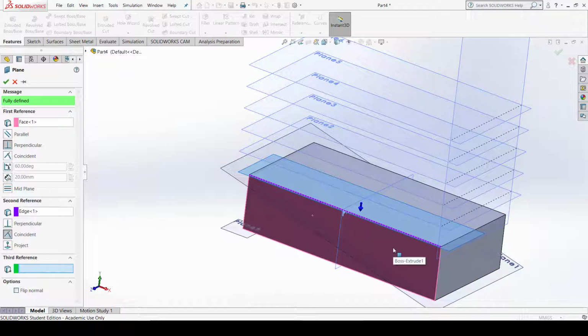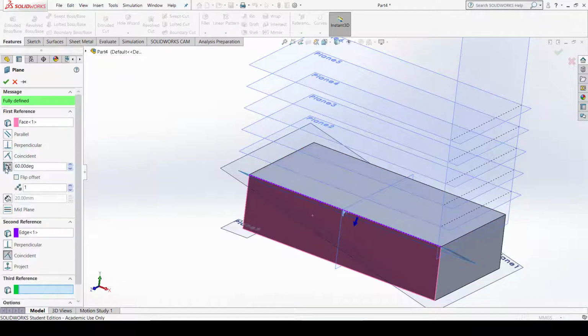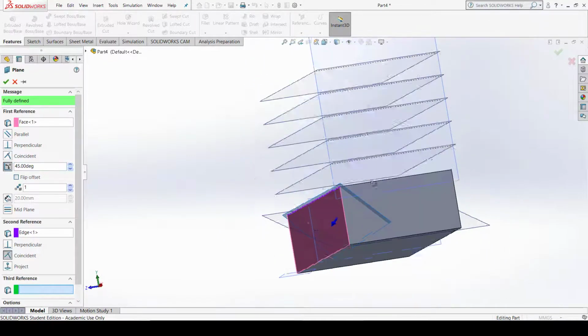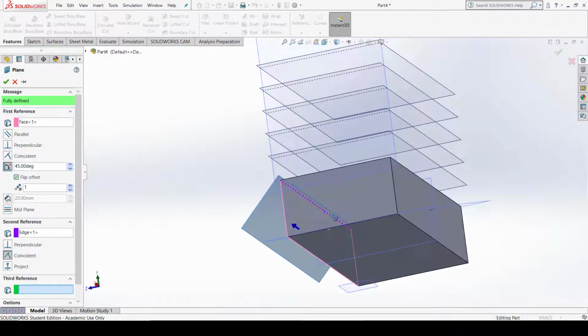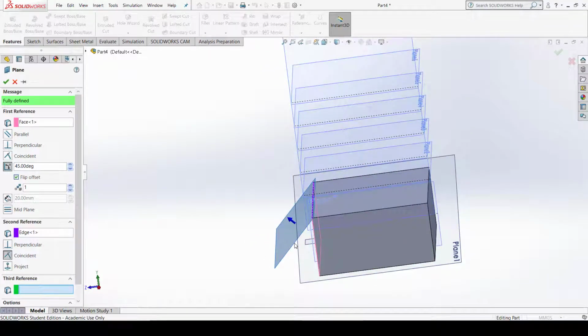When I select the surface and after that select the edge, the plane is created. Now if you want this plane at a certain angle, then just click this angle option here, and if you need it like 45 degree, just click 45 degree. Okay, and if you want it from outside, or in the upward direction, just flip offset here, and your plane will be outside this component.